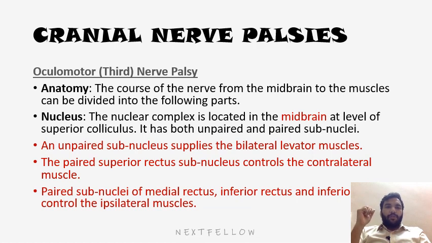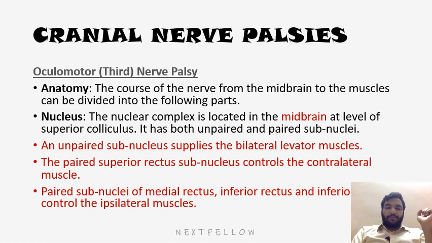First is the nucleus. The nuclear complex is located in the midbrain at the level of the superior colliculi. The fourth nerve is located at the level of the inferior colliculi, whereas the third nerve is located at the level of the superior colliculi. It has both unpaired and paired subnuclei. Unpaired is for both the LPS. Paired: one is the superior rectus subnucleus, which controls the contralateral superior rectus. That is one important key feature which we tend to miss. It's contralateral superior rectus,